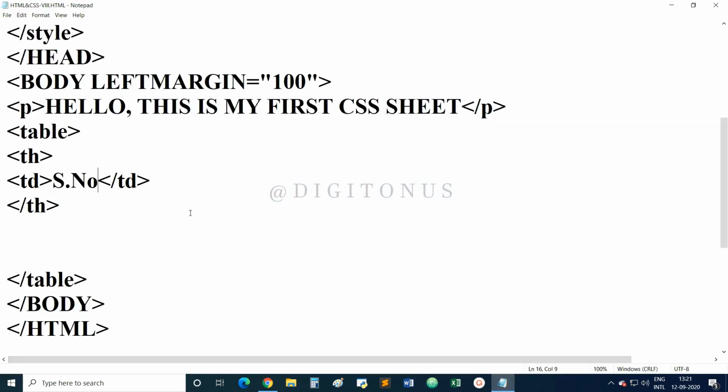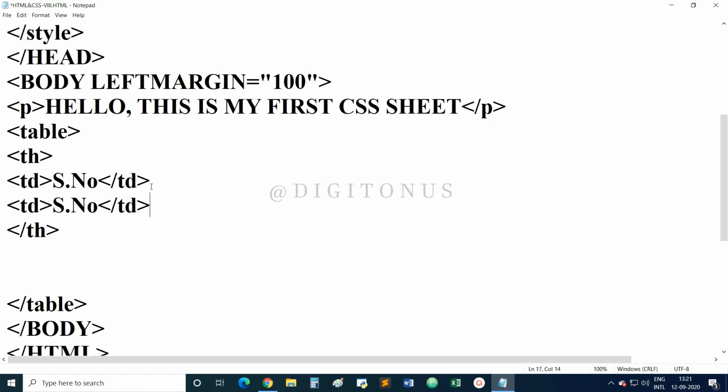Now suppose we want to make 5 columns or 4 columns, whatever number of columns you want to make. Inside the table heading, that is the opening and closing of table heading, you have to repeat the TD tag.